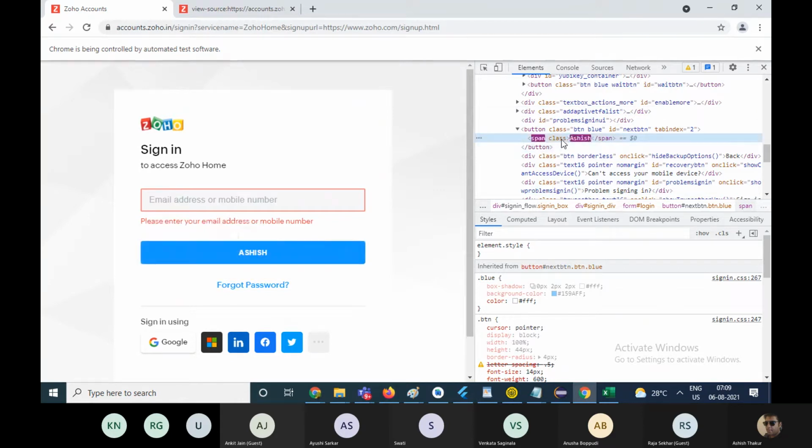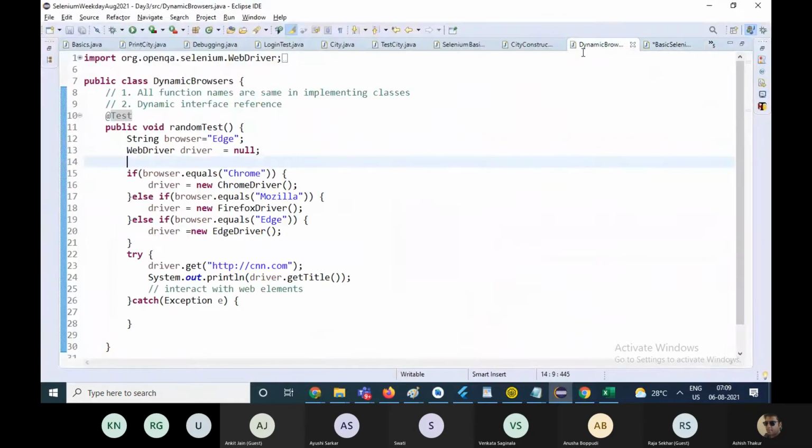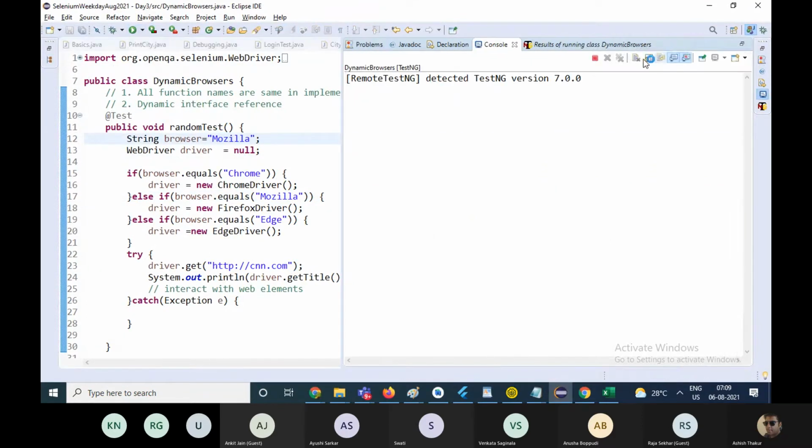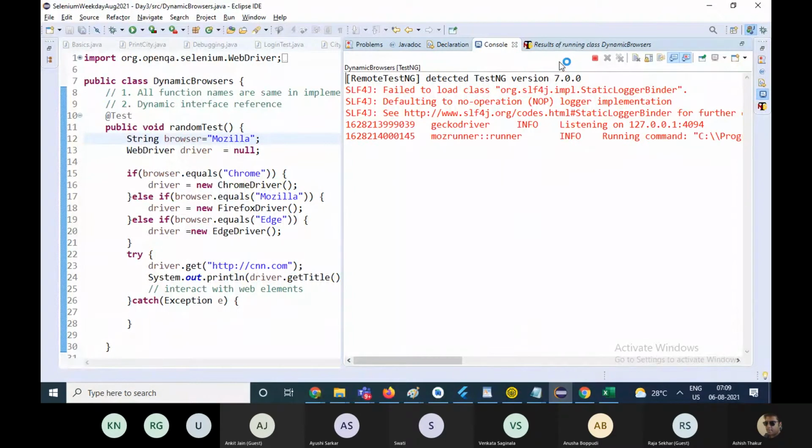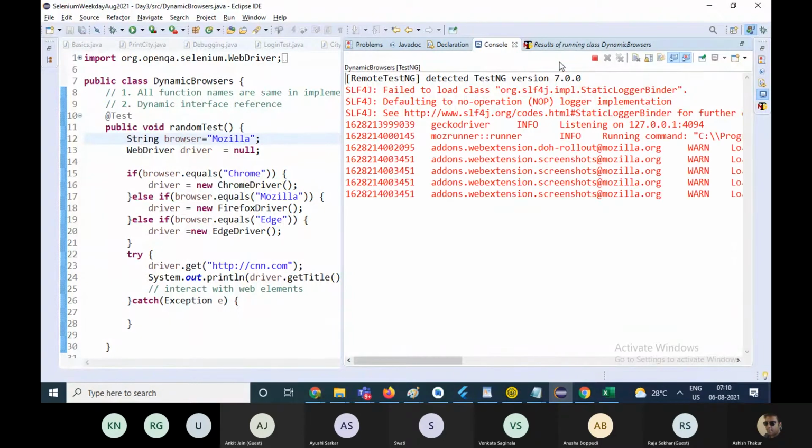Now, if you look at some other browser, like Mozilla, then on Mozilla also you have the option to inspect.